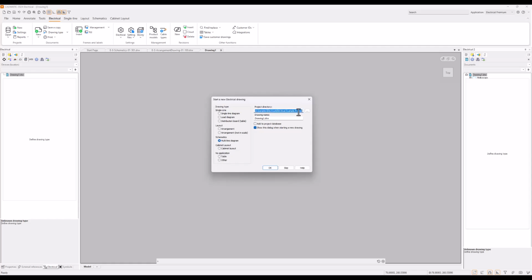The directory I will save the drawing to will be the same, the example project directory, and then I will give a drawing name. Now regarding